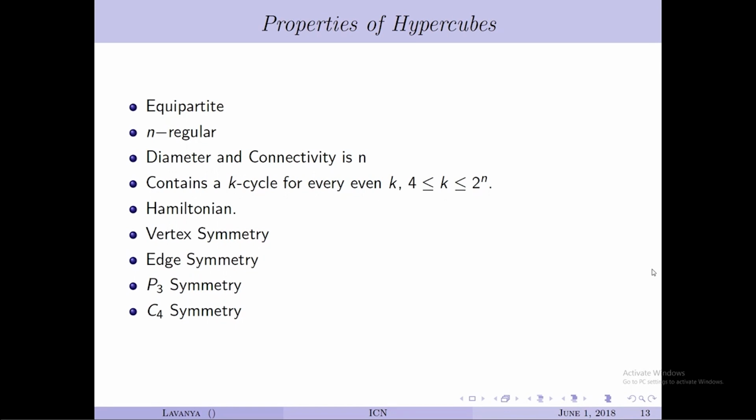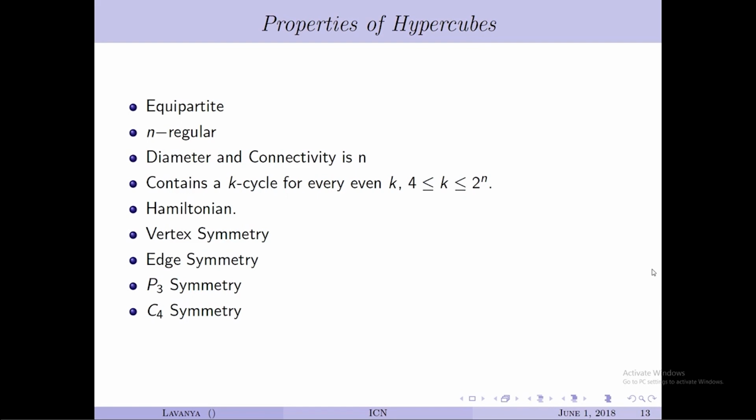Not only edge, I can even extend edge to P3, a path on 3 vertices. P3 symmetry also exists. You take any 3 vertices that are connected by a path, and you give me any other P3 in the same graph, I'll be able to give you an automorphism map which takes the first vertex to the first vertex there, and all the 3 vertices are getting mapped correspondingly, and the adjacency of the whole network is also